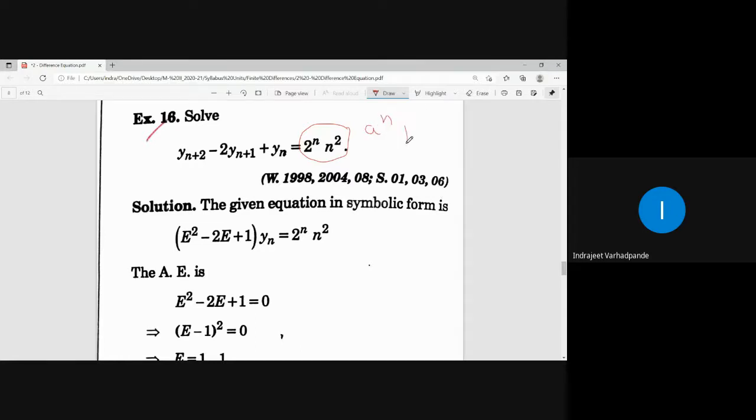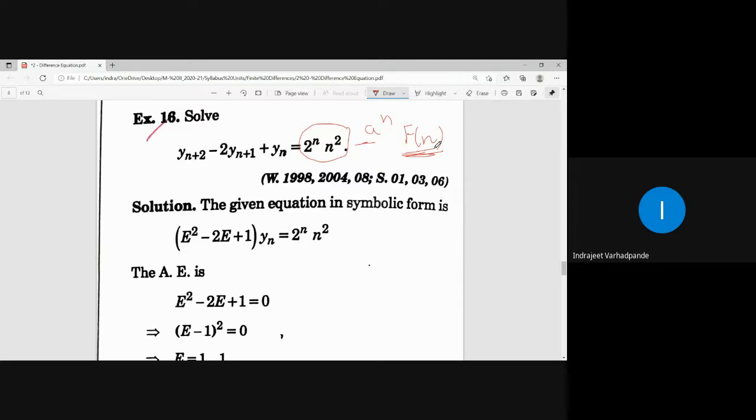in case number 4 we have a to the power n into f of n as the RHS of the given difference equation, and a to the power n can be compared with a constant term as base and power as variable, that is n, multiplied by f of n, which is obviously a polynomial, right? So in that case we take the term a to the power n outside and replace every E by aE, and then further case number 3 is applicable, since in the product we will have a term which is a sort of polynomial.